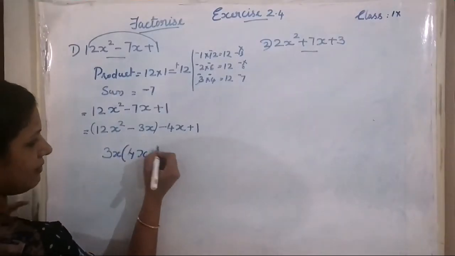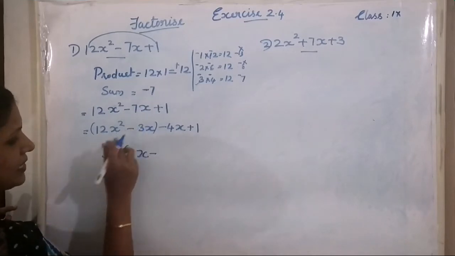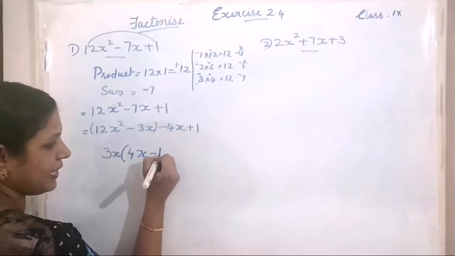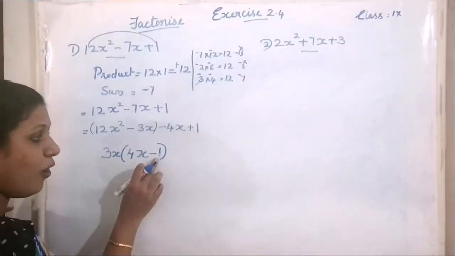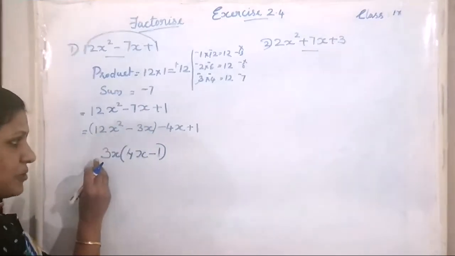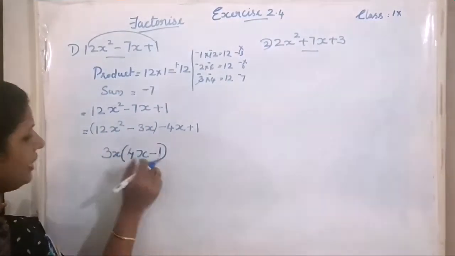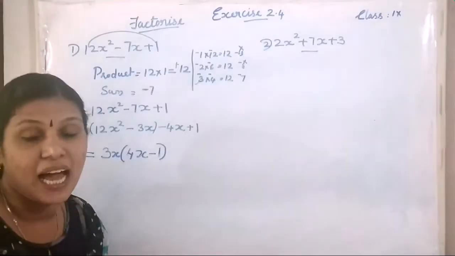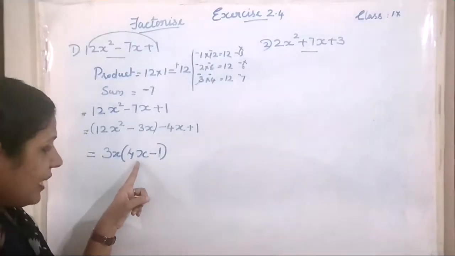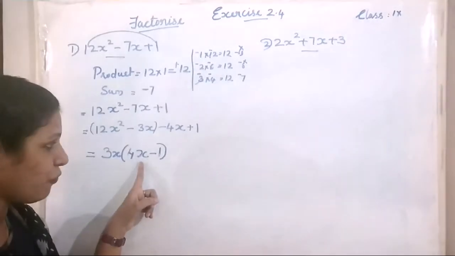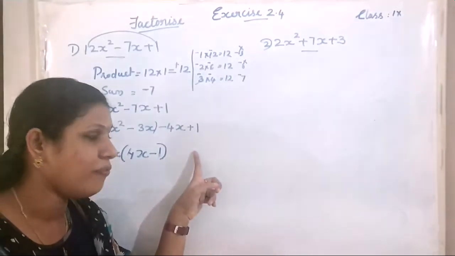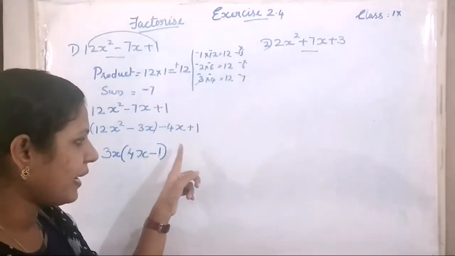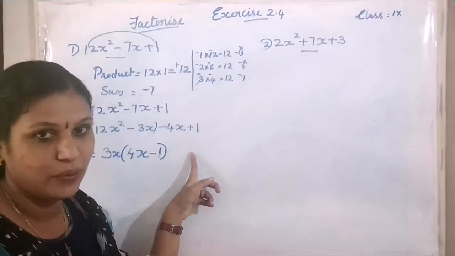Then put a negative sign here, and 3x we take outside, and x is also taken outside. So, the remaining is 1, not 0, 1. 3x is taken outside, the remaining is 1 here. Understood, children? Now, next our aim is that we get a bracket here, that number is 4x minus 1. Here also we need a 4x minus 1. Then how to get a 4x minus 1? That is our aim. Okay.